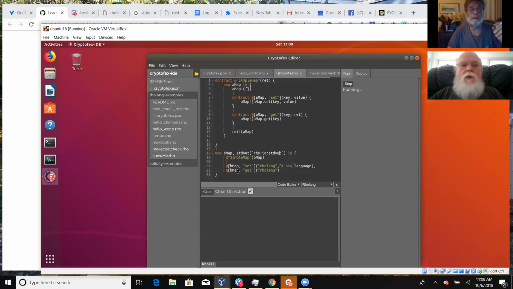So let's just put in here something called default value, and then put it in value.